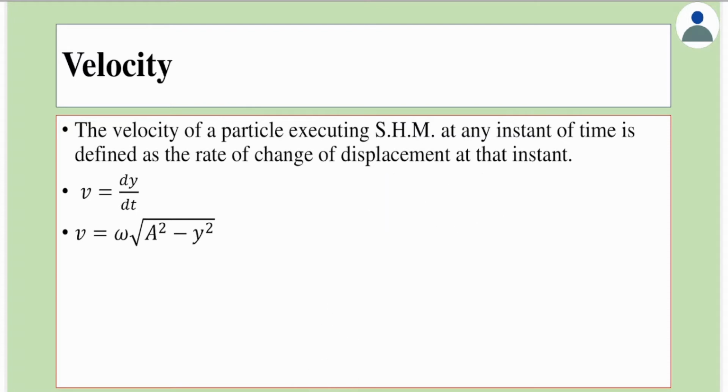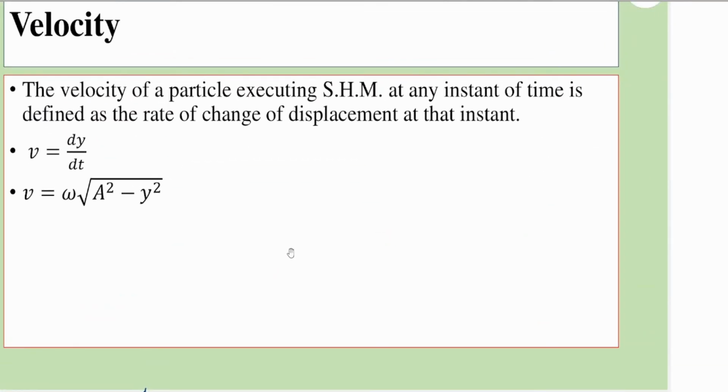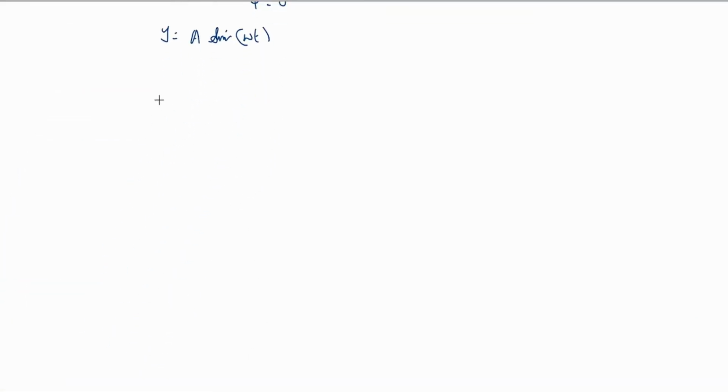Let's simplify this further and write this as y is equal to a into sine omega t. We put phi is equal to 0. Now velocity is defined as the rate of change of displacement at any point of time. So the velocity of the particle is given as the rate of change of displacement, that is